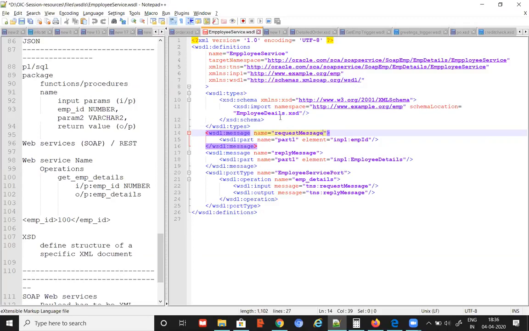this is called an abstract WSDL, the one I'm showing. What is an abstract WSDL? The abstract WSDL will not have the runtime information about your web service. What does runtime information mean? The actual binding information or the actual URL which you are going to call to access the web service. That information will not be there in the abstract WSDL.